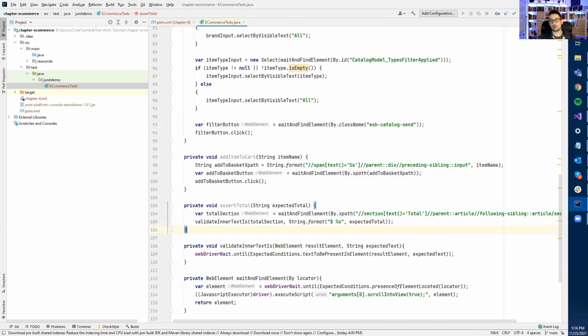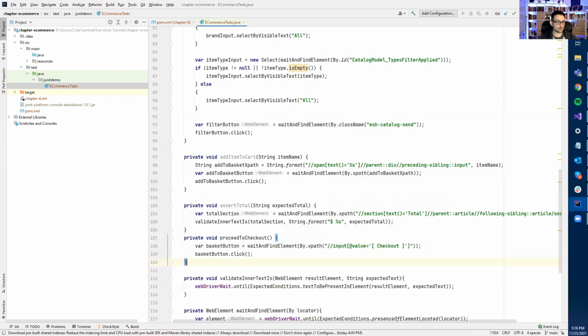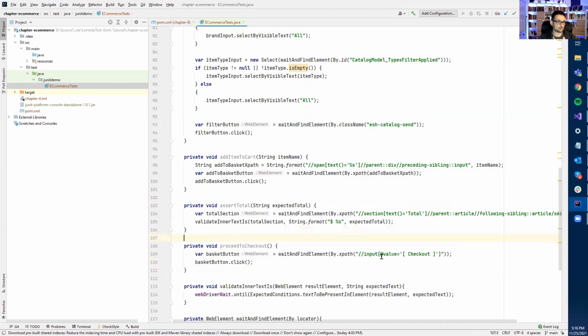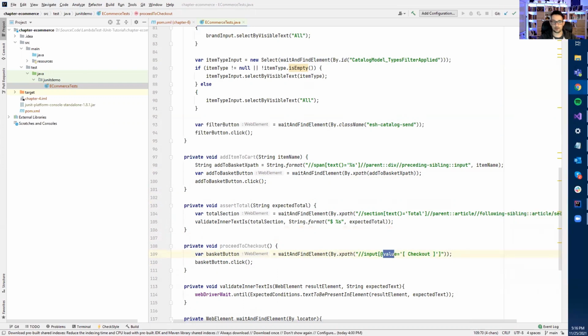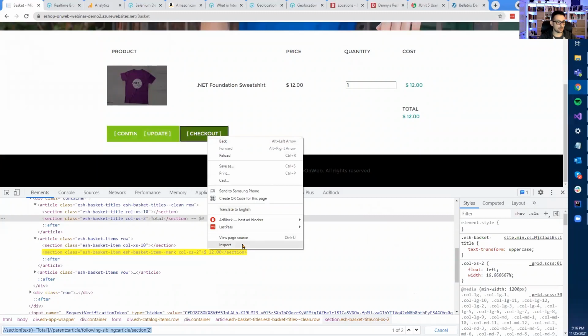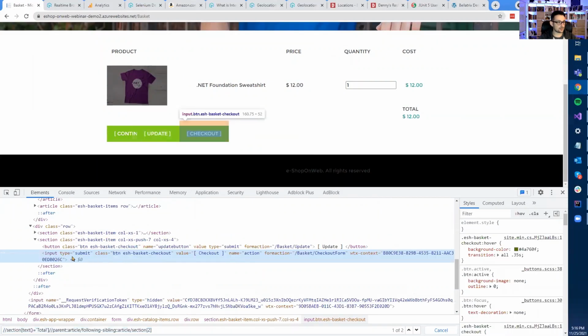And then we need to find the proceed to checkout button, which is basically, we can find it by value checkout. What I mean here is, if we select it, as you can see, this is input submit, and we can write an XPath to get the value here. So this is what I did. And when we go to the checkout,